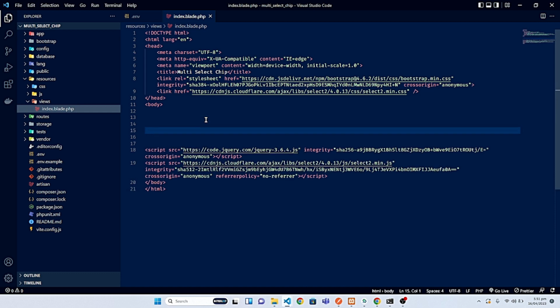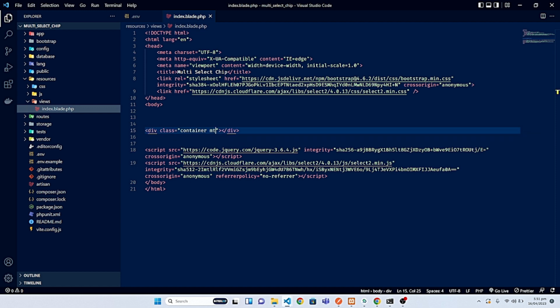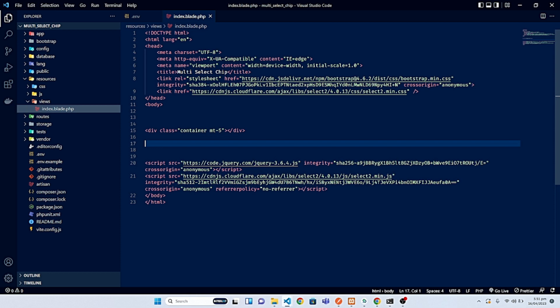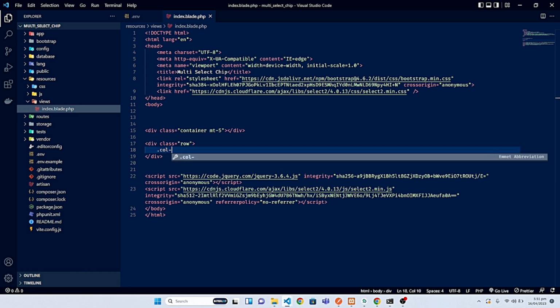And now let's create a very basic form for the Bootstrap. So let's create a container with the margin top of 5. And right after that, I just need to give some space from the top, and let's create a row. Right inside the row, let's create the column md-6. So I also need to bring some offset to make that into the center. So dot offset dash